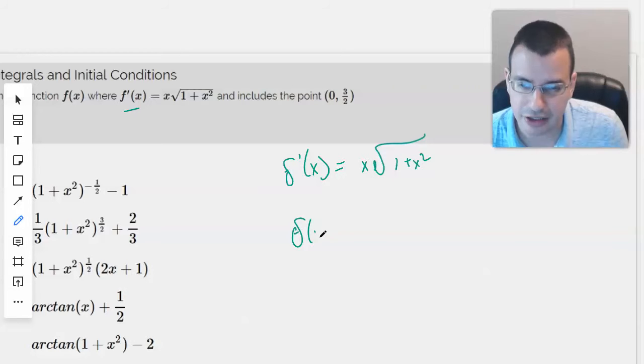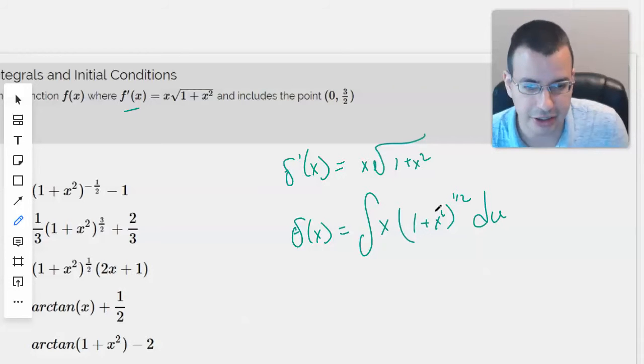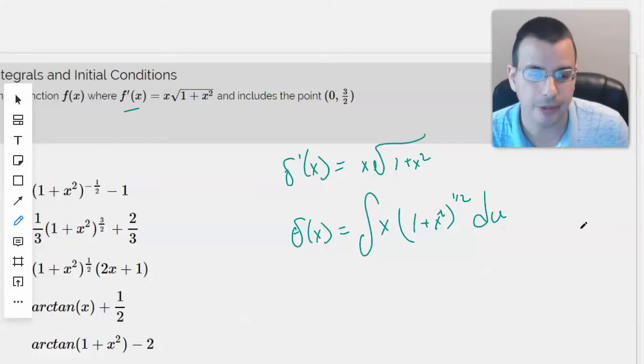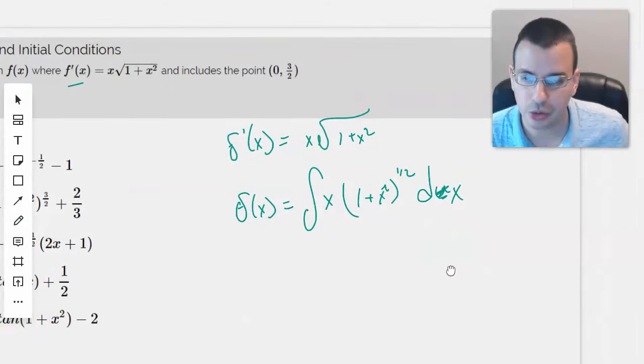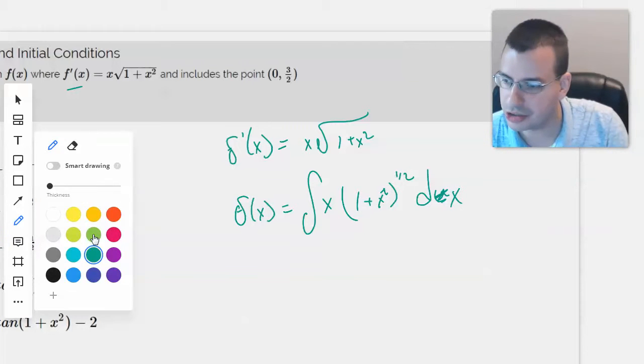So f of x equals the integral of x times the square root of 1 plus x squared dx. That's a 2 right there, so the 1/2 integral dx. And then we're going to want to do a u substitution here, because what our spider senses pick up